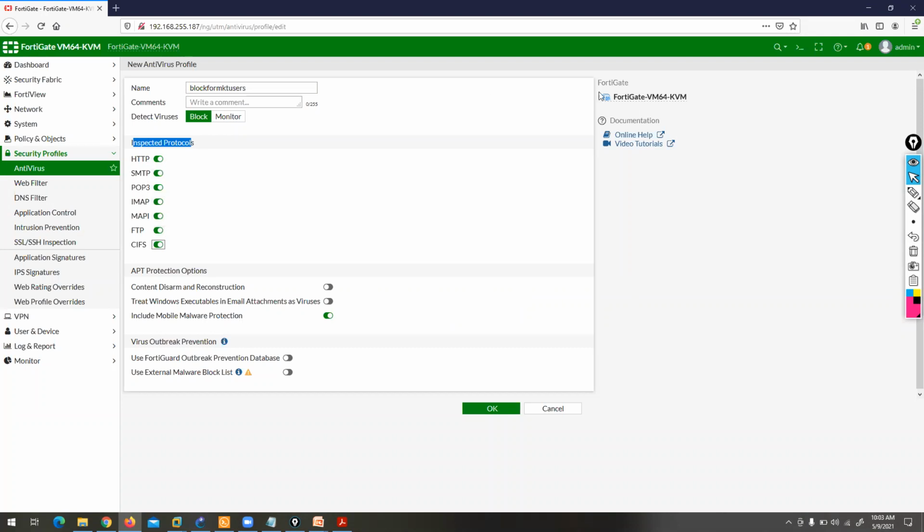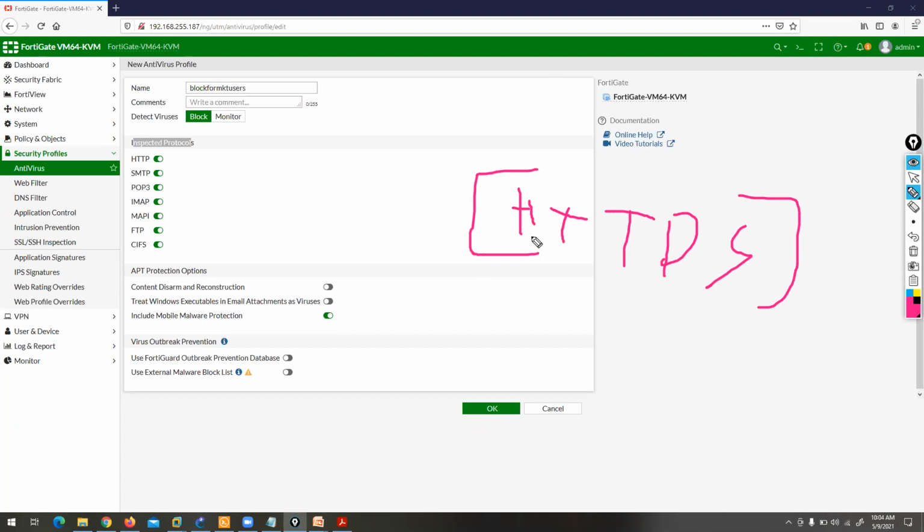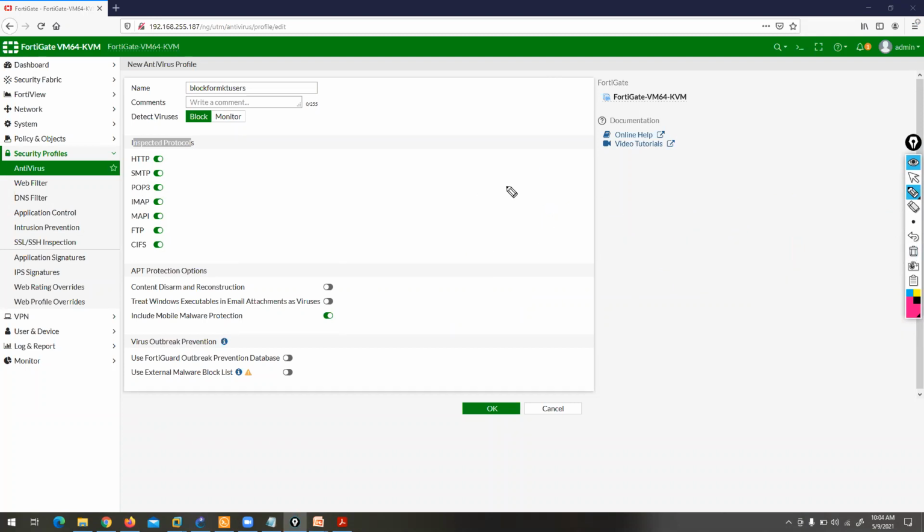You cannot use this option for an HTTPS connection because HTTPS connection is fully encrypted. With an antivirus profile, you can only detect these protocols.